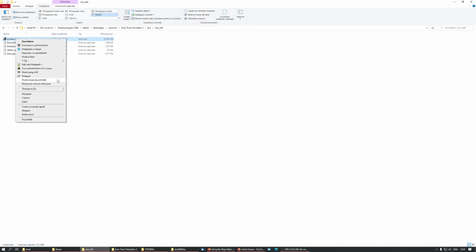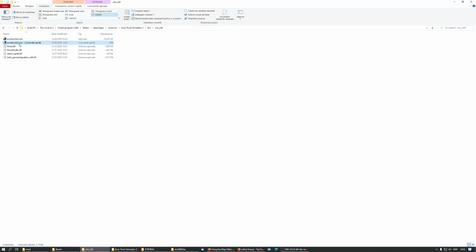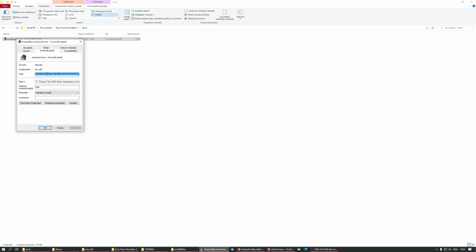So create a shortcut, cut, move it to the mod folder. If you double click on this, your game is gonna start, not the editor, your game. You need to do one step more, and right click, properties, and this where it says target, you have the